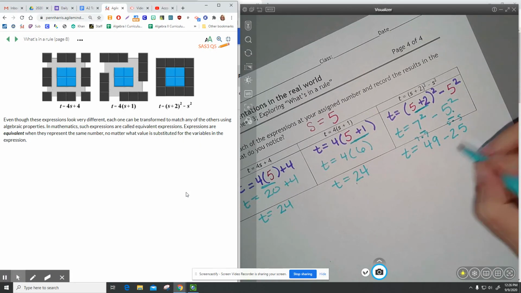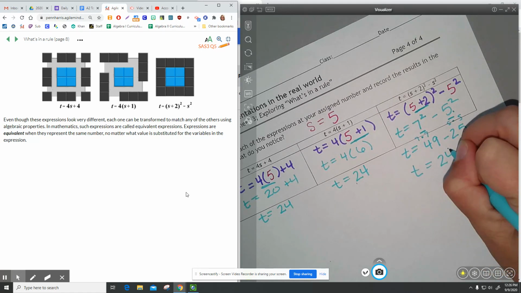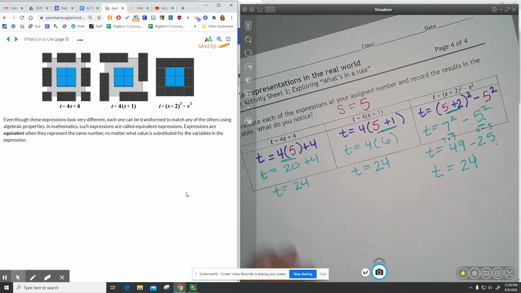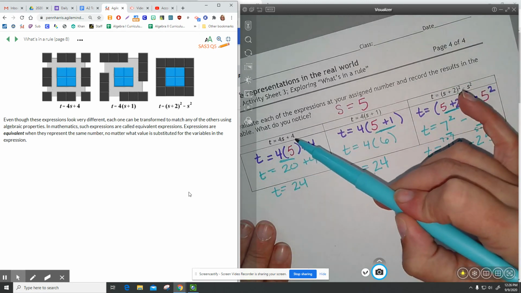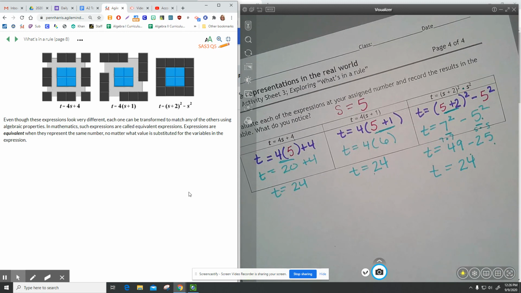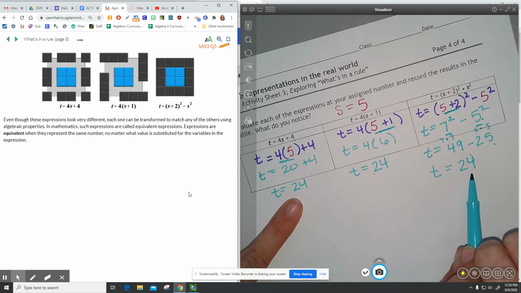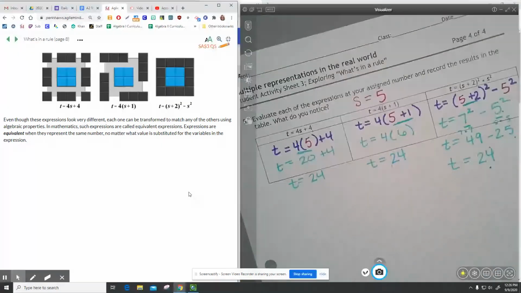And 49 minus 25, surprise, surprise, equals 24. The big reason for showing you guys this is that we see 3 different ways we could write the same equation and they all come out the same. So there's not always one right answer. Do they all get us the correct answer? Yes, but there's more than one way to do things. Okay, and that's it for